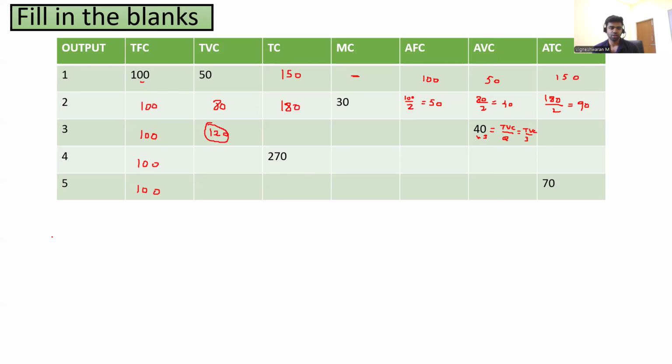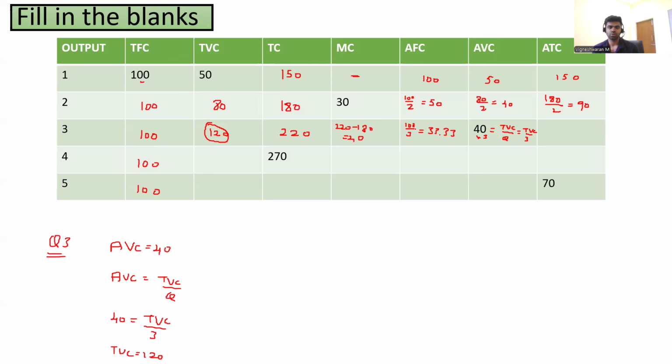See what they have given for quantity 3. They have given average variable cost is equal to 40. We know that average variable cost is equal to total variable cost divided by quantity. So 40 is equal to total variable cost by 3. So total variable cost is equal to 120. That's what I have written here. Okay. So 100 plus 120 will be 220. So marginal cost will be 220 minus 180, that is 40. Average fixed cost is what? 100 by 3. That is